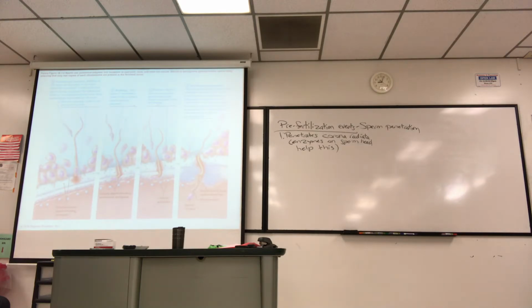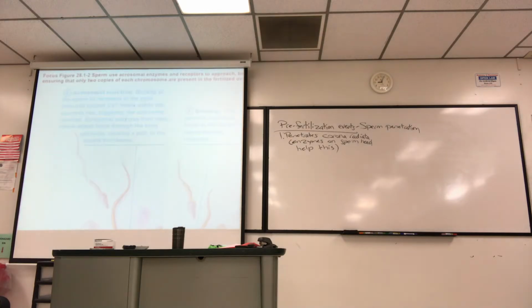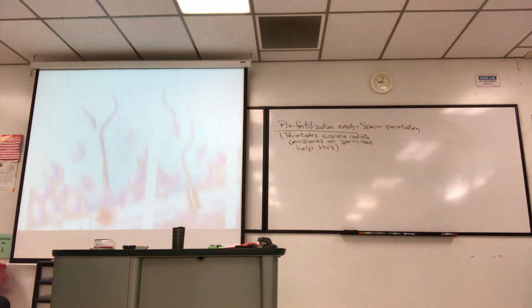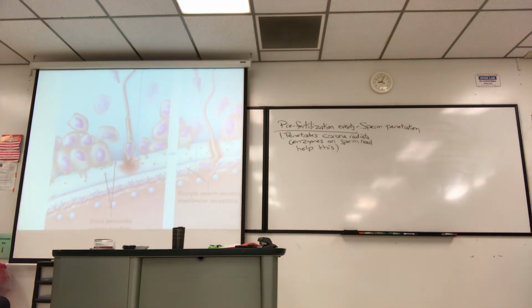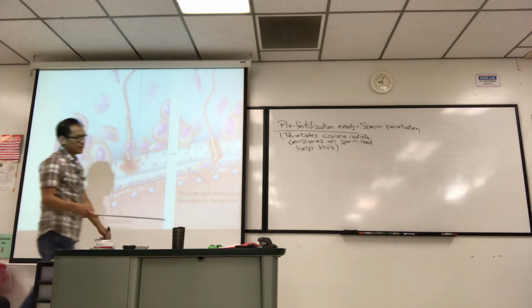So this figure here shows what happens after that. The second step is called an acrosomal reaction. It's the binding of the sperm receptors to the zona pellucida, causes calcium levels within the sperm to rise. It triggers this acrosomal reaction. Acrosomal enzymes from many sperm, they digest holes through the zona pellucida, clearing the path to the oocyte membrane. So there's a picture of it.